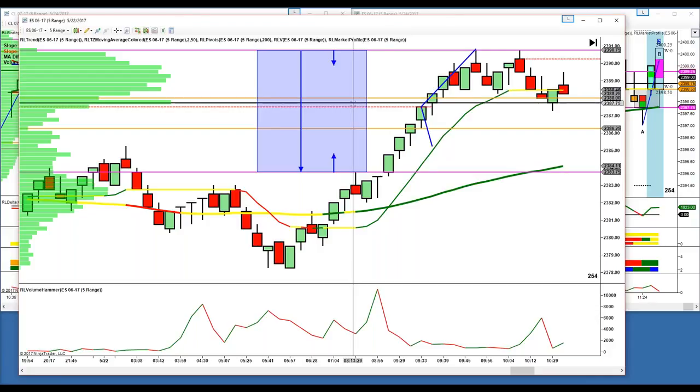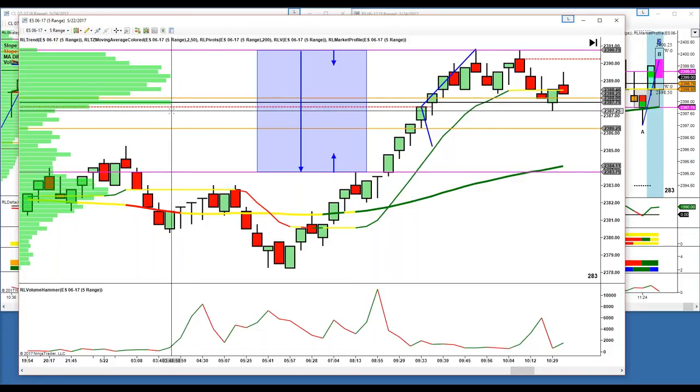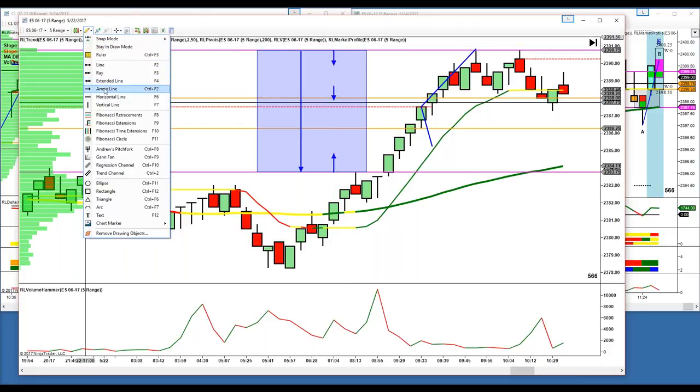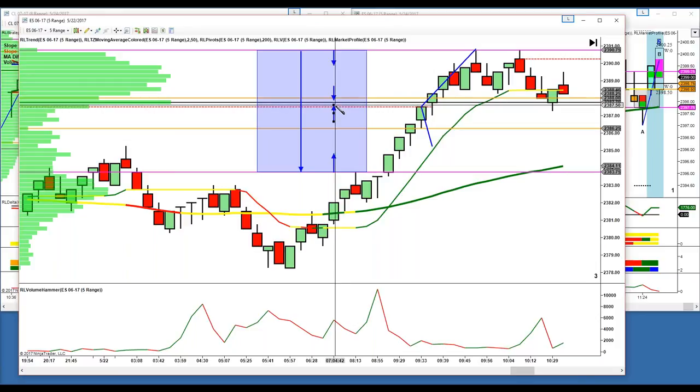And the point of control is always the same on any time frame because it's the single price. You can see it's the biggest histogram bar. It's the price where most volume has traded. And this is where traders want the price of crude or the E-mini to be desperately. So what you get is an attraction to the point of control and a rejection of the value area high and value area low, pushing price back into the middle. This is why the value area high and the value area low creates such strong areas